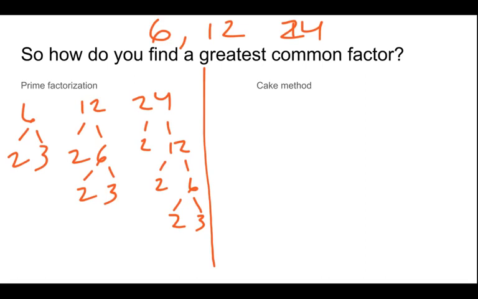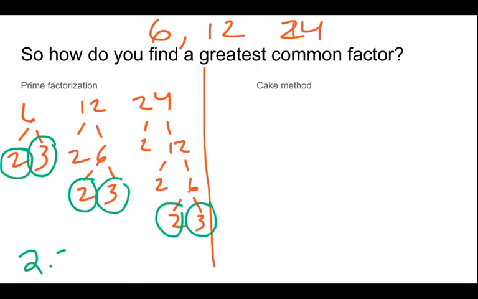And now what I'm looking for is pairs between all of them. So it has to have that number in all 3. It counts as just 1. And then they all also have a 3. So do 2 times 3 to get 6. In cake method,